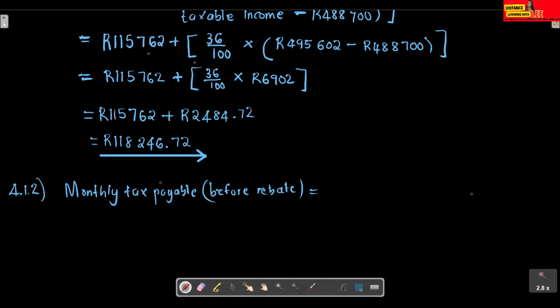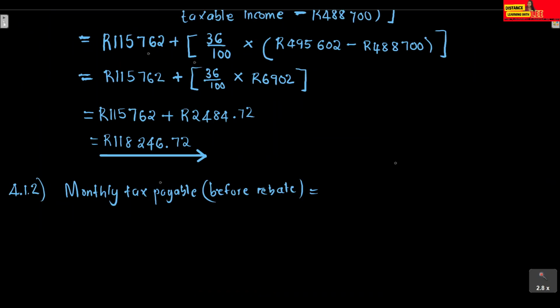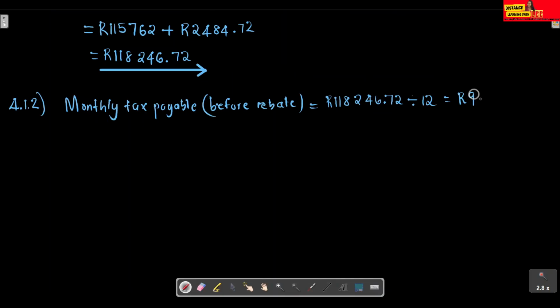To get the monthly tax payable before rebates, all we need to do is take that 118,246.72 and divide it by 12. If you divide that by 12, we determine what his monthly tax payable will be before the rebate. And you'll find that it is equal to